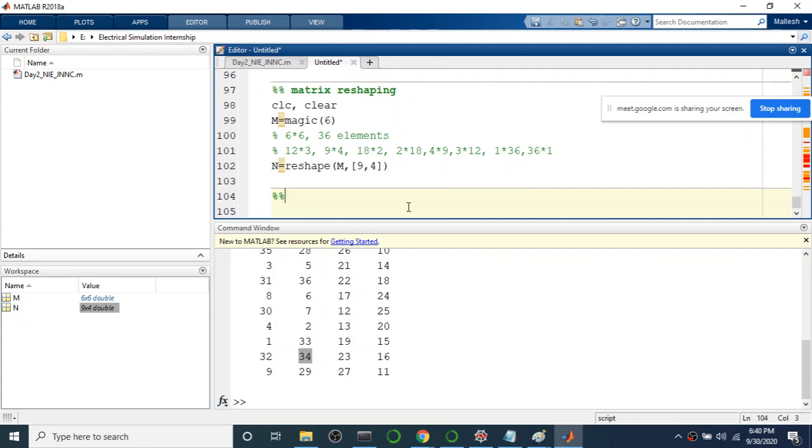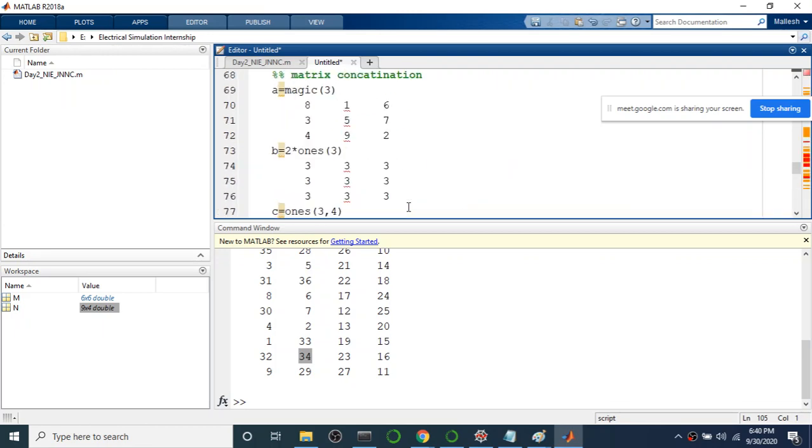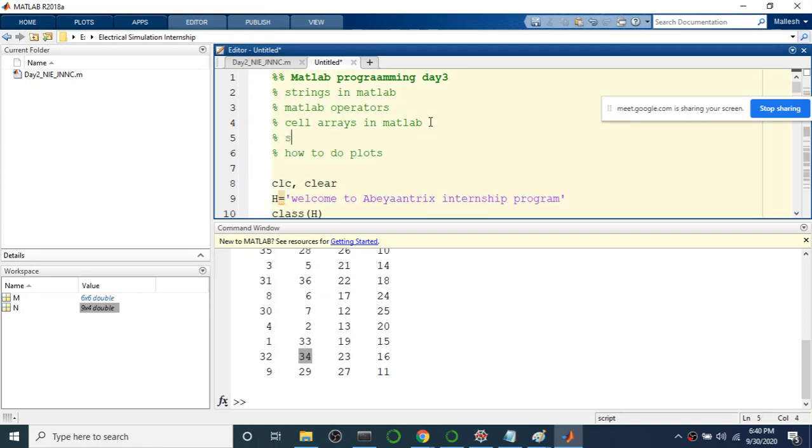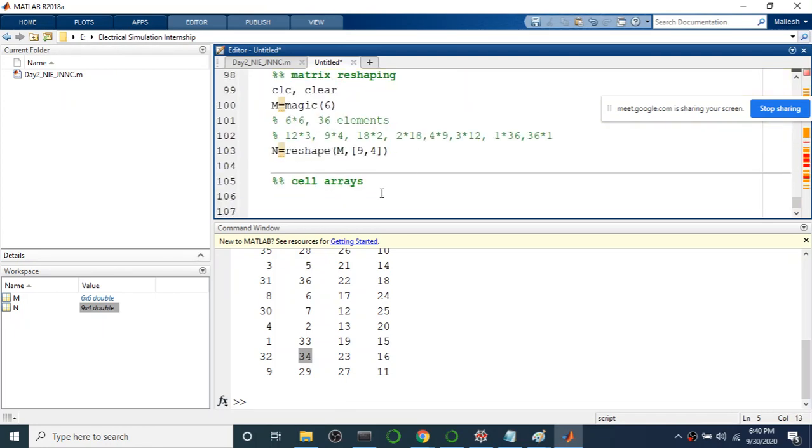Okay, so let's move on to cell arrays. Now cell arrays, I need to put up one more structure. What are cell arrays? These are heterogeneous data type variables.